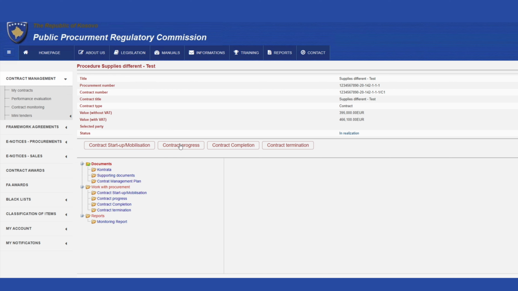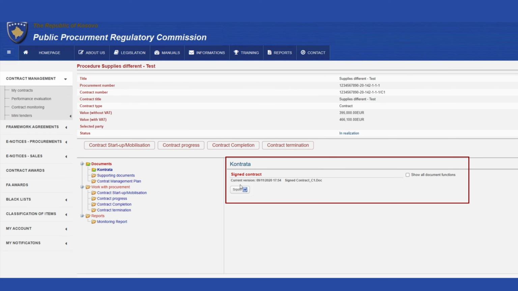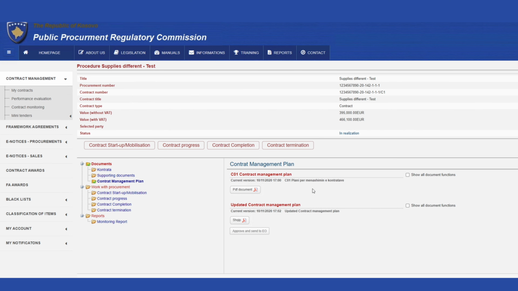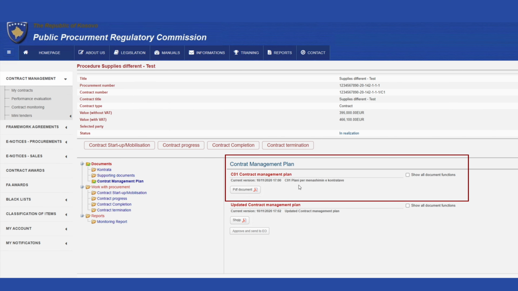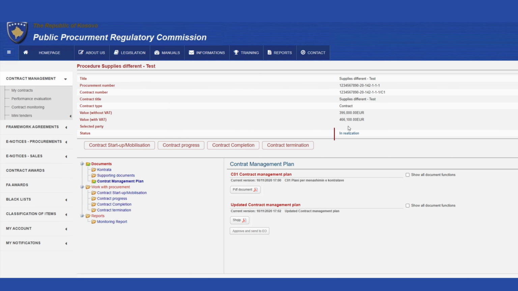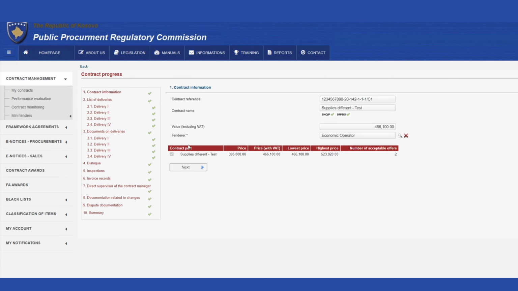After entering the details, the manager can see the Contract Progress button and documents like Signed Contract and Contract Management Plan. The manager can also see that the status of the procedure is under implementation. The manager then clicks on Contract Progress to see all details related to contract execution monitoring and a summary of